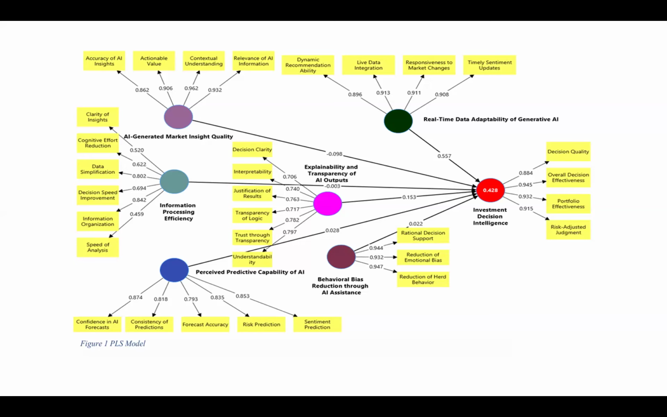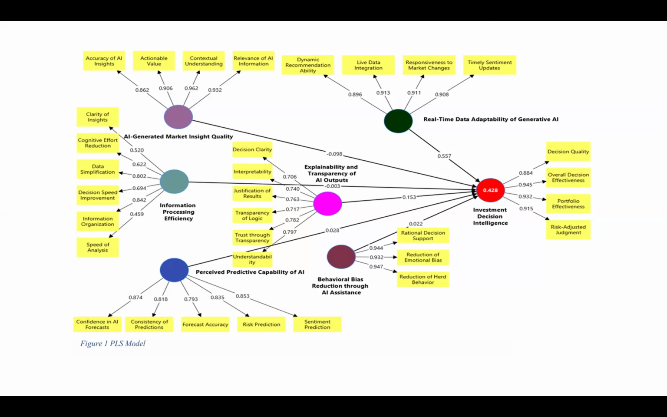The numbers on the arrows connecting the constructs are path coefficients, which show the direction and strength of the relationship between each AI capability and investment decision intelligence. In the orange circle, it is showing the R square value, which is 0.428, which means